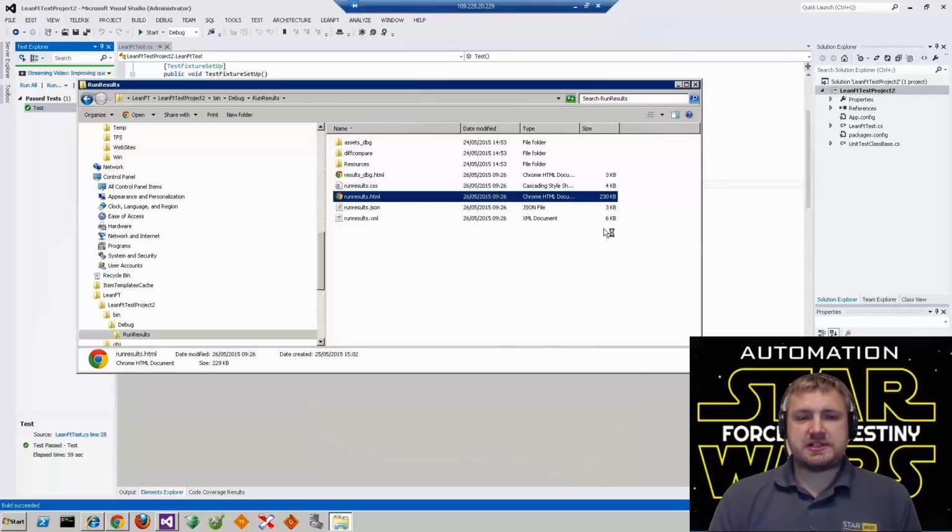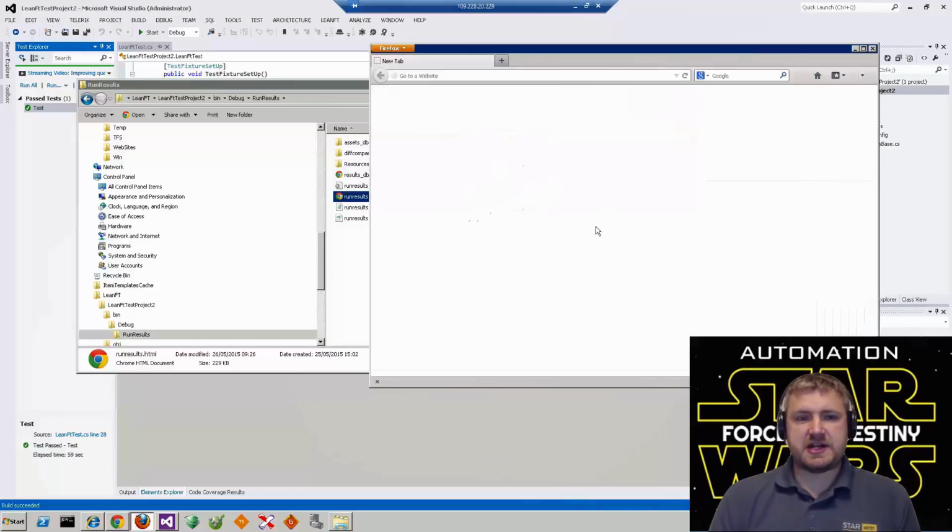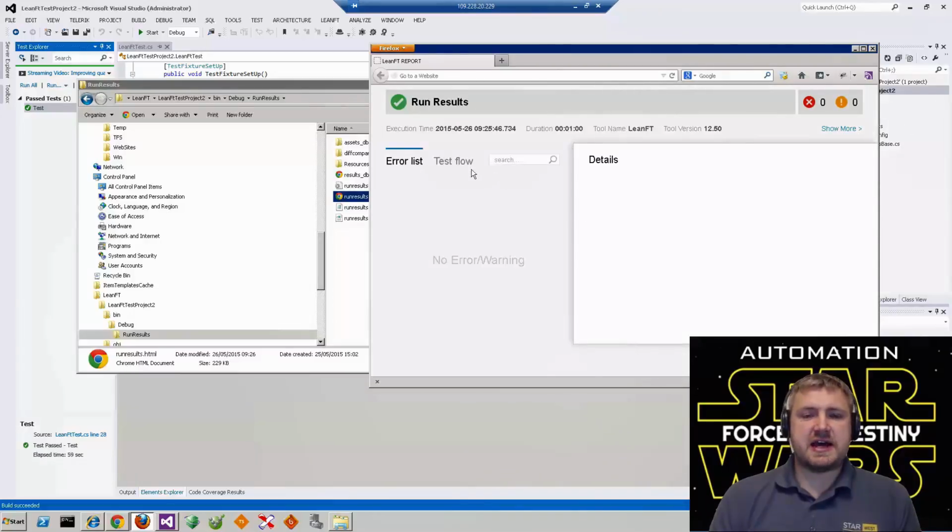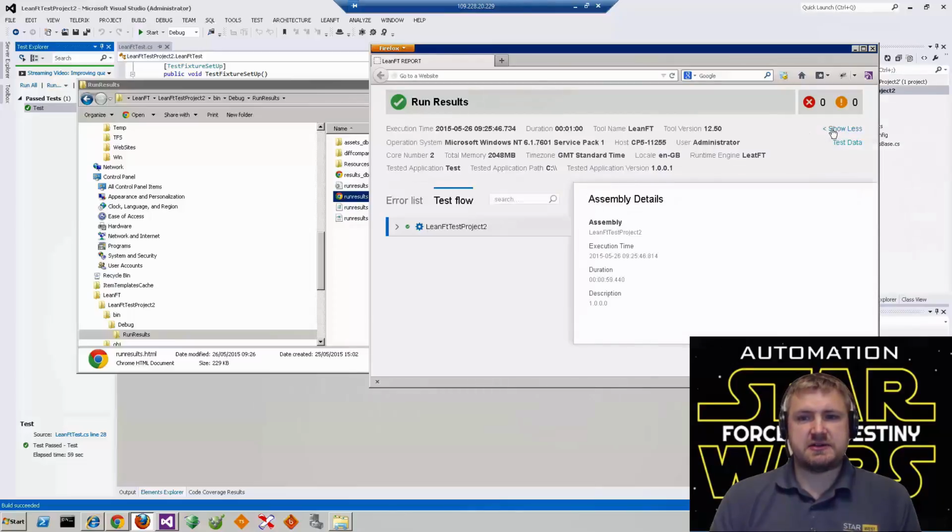So this is just outputting some simple test results, and we should have got a pass that's come through. Being able to pass this result information up and attach that to some kind of execution history is really important. And as you can see, this was executed back in 2015.